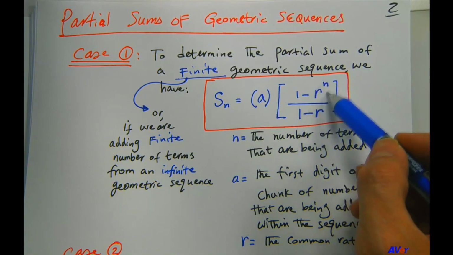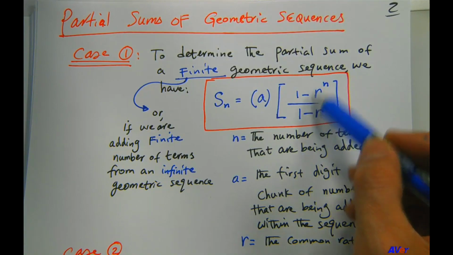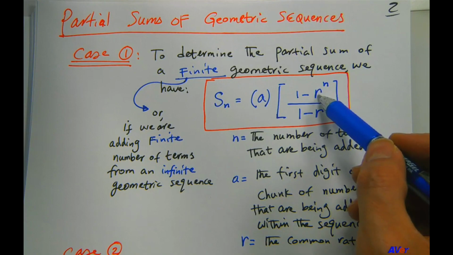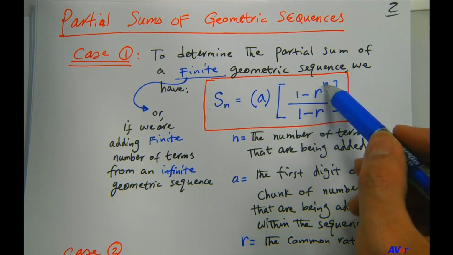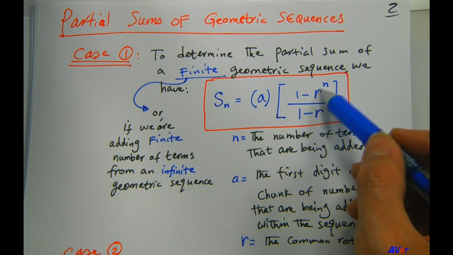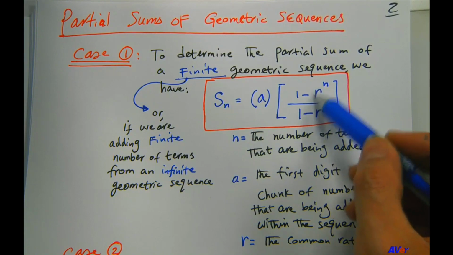I mean, it approaches 0. When I say approaches, this is a concept you'll become familiar with in Calculus 1. But this being a pre-calculus course, it's kind of implying that idea which is coming up in Calculus 1. But as r is less than 1, something between 0 and 1,